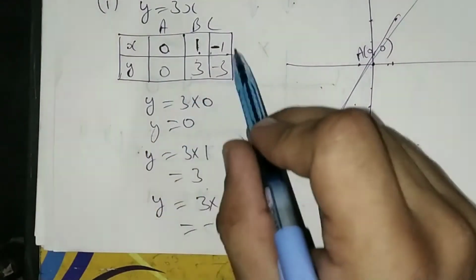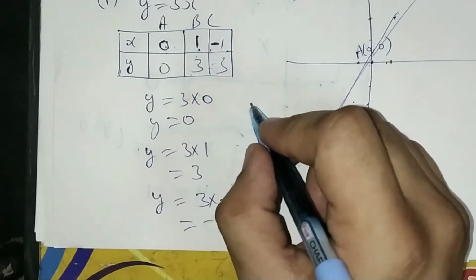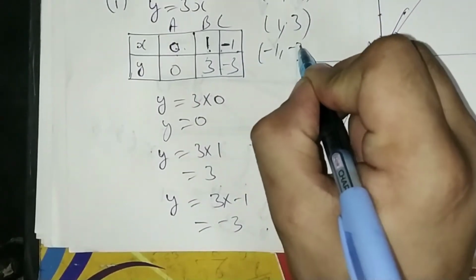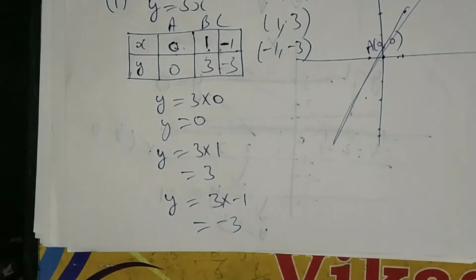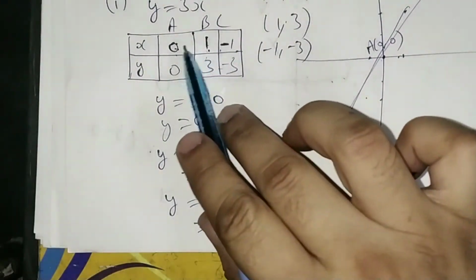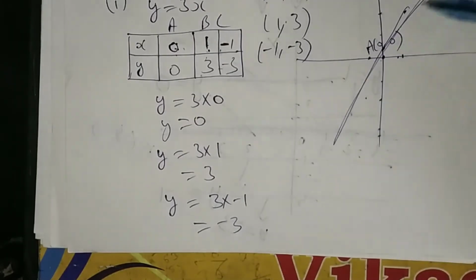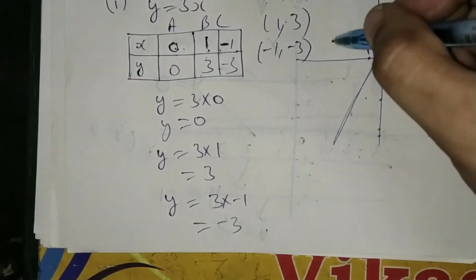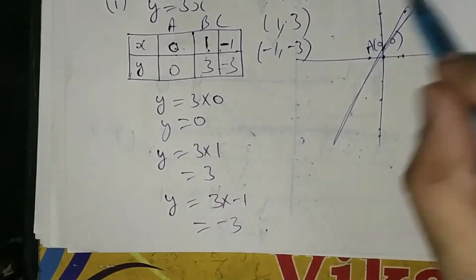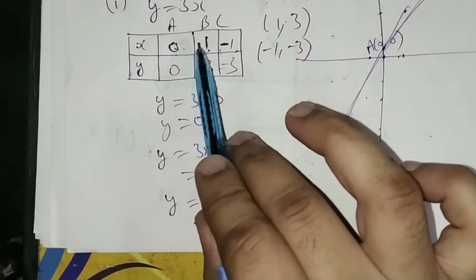So we first find these 3 points, then we plot these points on the graph: (0, 0), (1, 3) and (-1, -3). The line can be made by only 2 points, but the third point is just for checking that we have found the first 2 points correctly or not. All 3 points must lie on this same line. If one point is anywhere else, that means you made some mistake. So you can check again, and where you made a mistake, you can correct it easily if you have found 3 points.